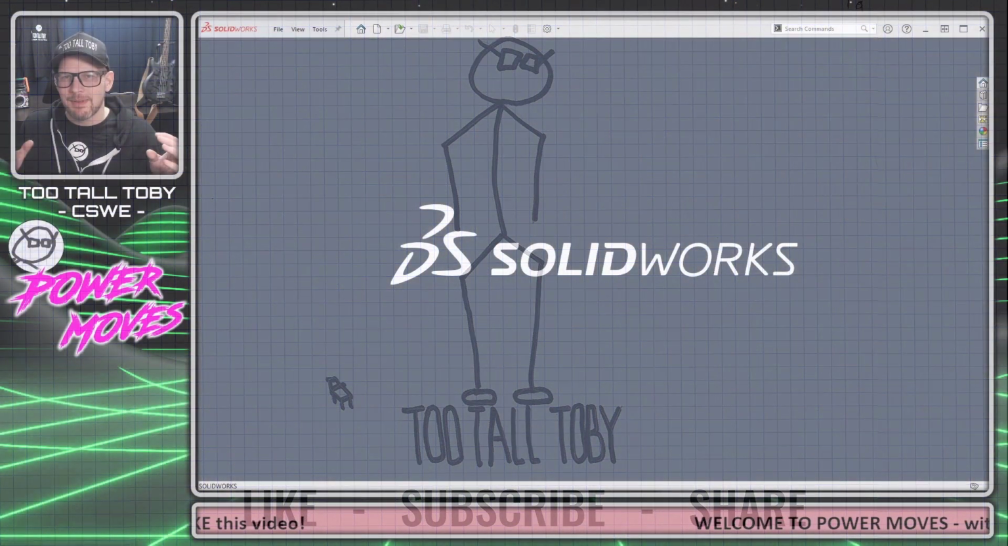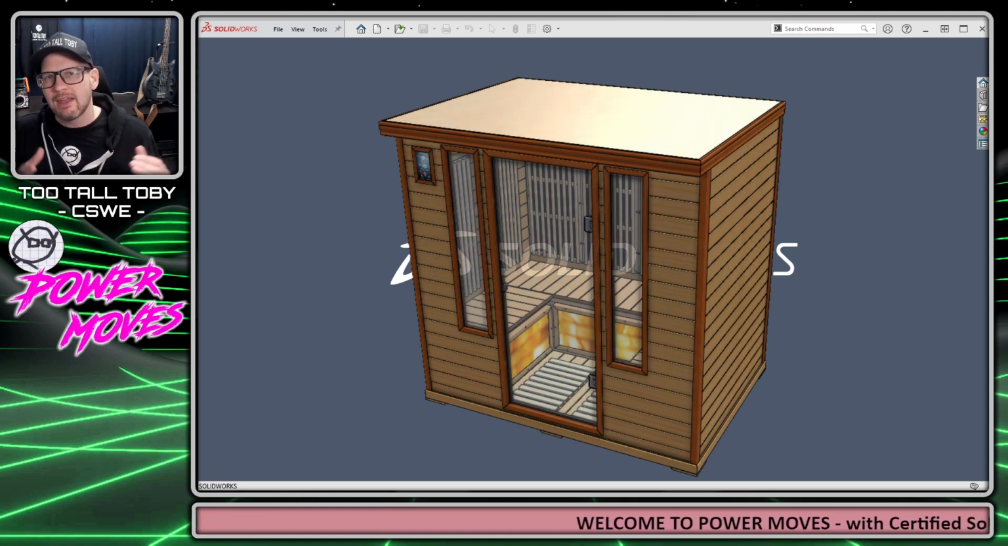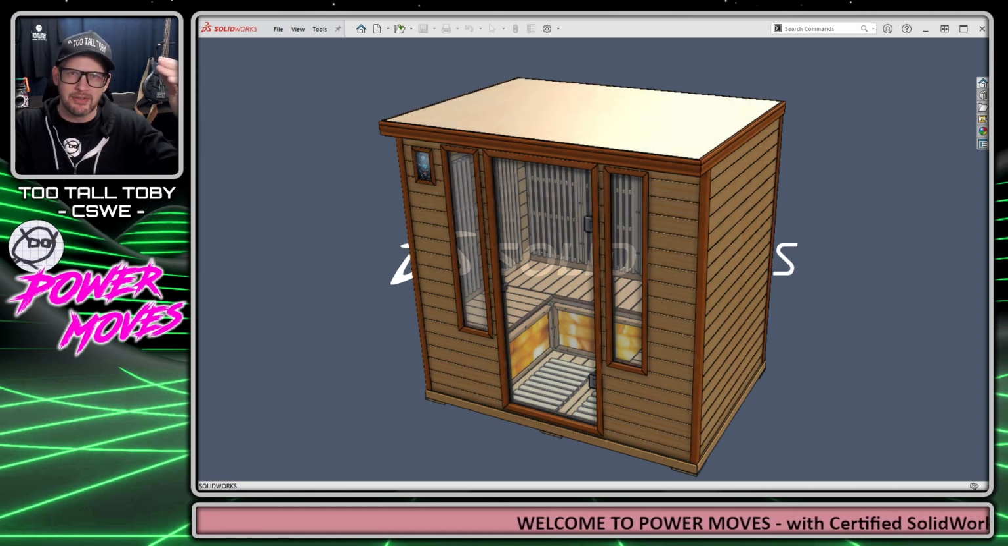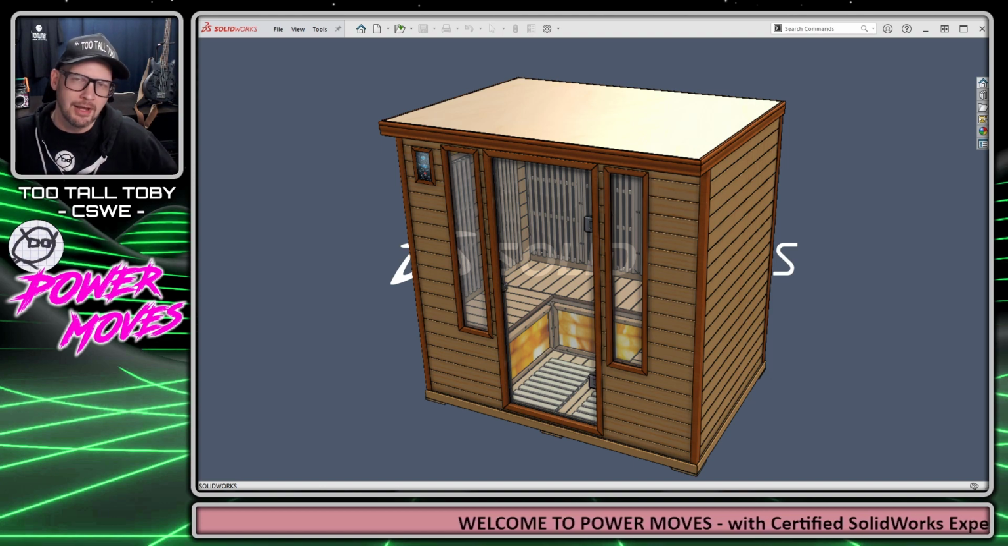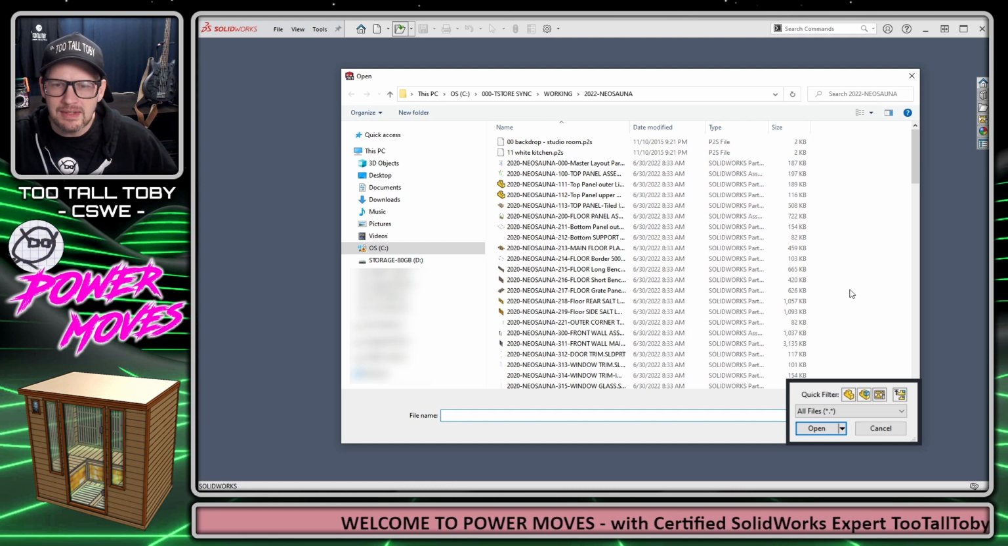So here we can see that I'm in SolidWorks, and my goal is to open this assembly of the sauna. And as you could imagine, this sauna is a top-level assembly, which has several sub-assemblies underneath of it. So I go to the File Open command, and when I do, we can see here that there are some